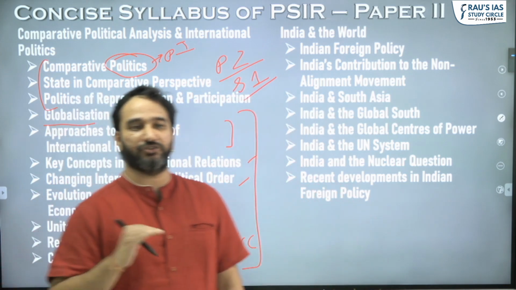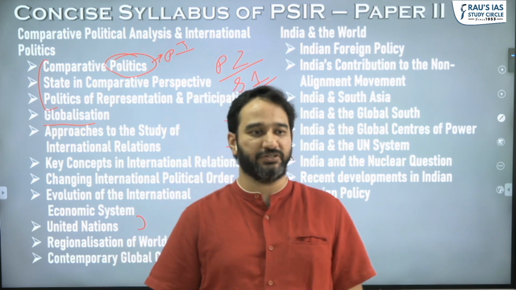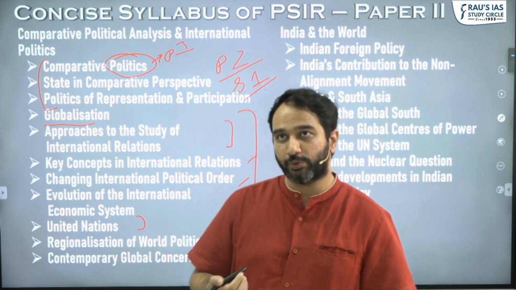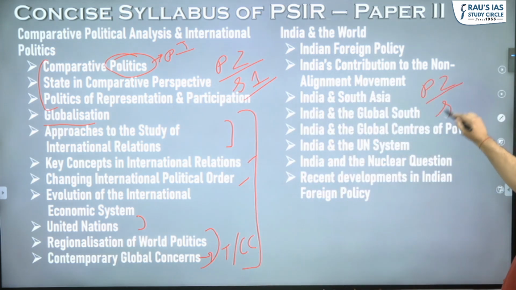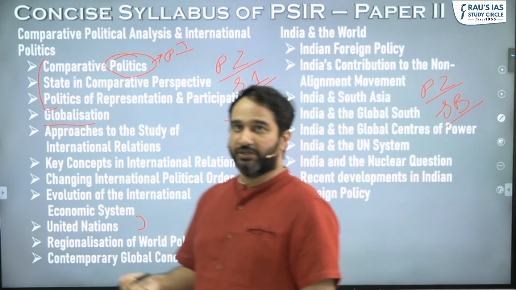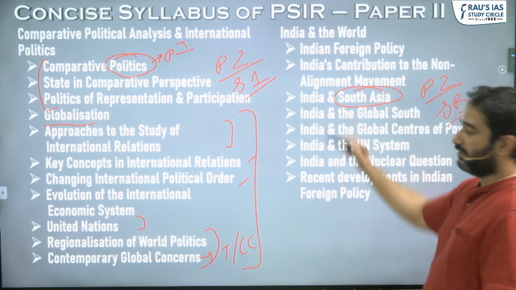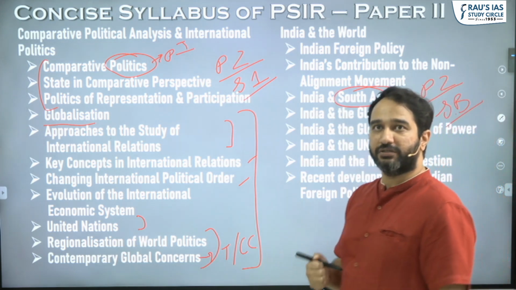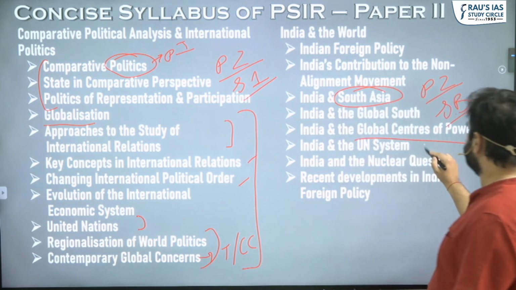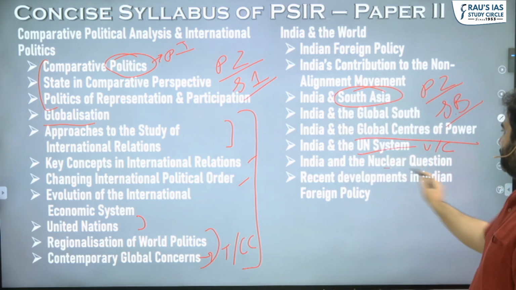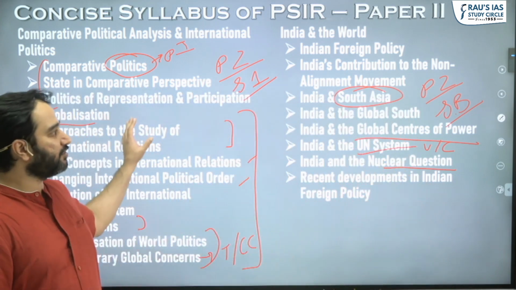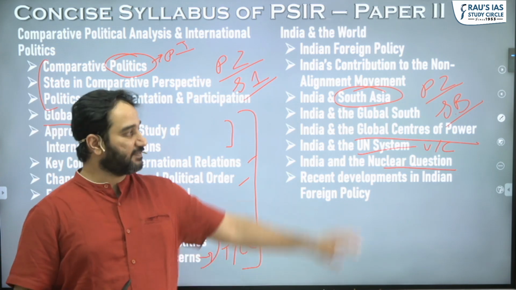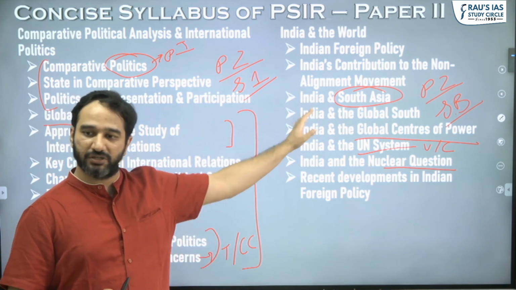But this part is actually theories of realism, theories of liberalism, feminism. Within paper 2, section B, you're going to learn actual international relations. So India's relationship with the South Asian countries like Pakistan, India's relationship with global centers of power like the US, China, and others, India and the UN system, India's nuclear diplomacy, and India's foreign policy. And using theories, you'll understand IR better. So this is completely GS paper 2. All of this you'll learn in GS paper 2.